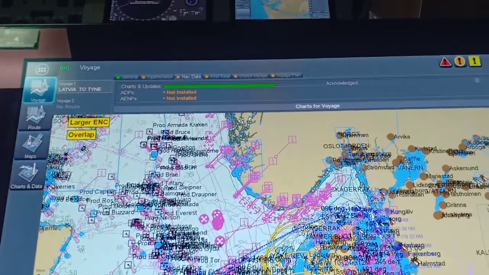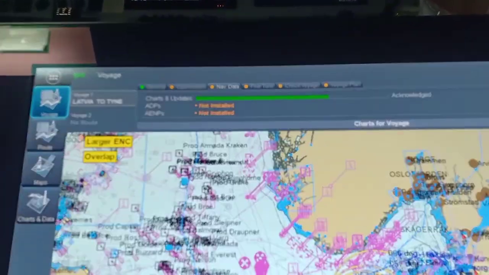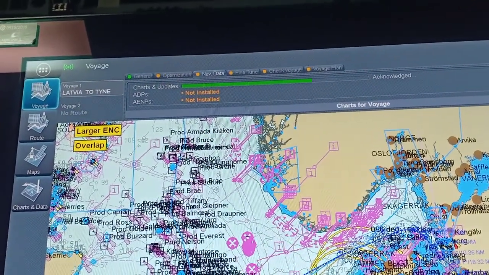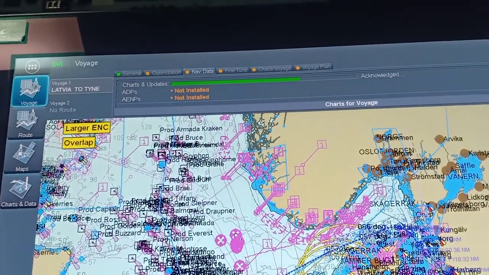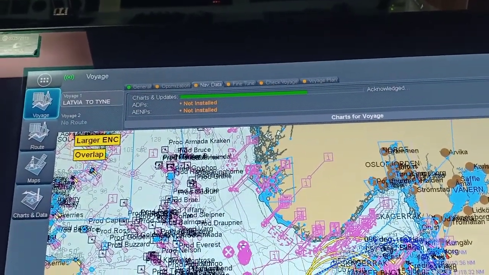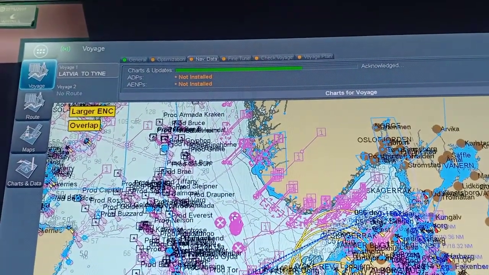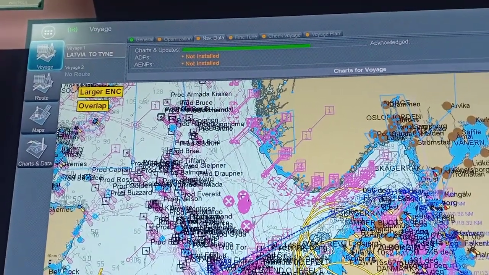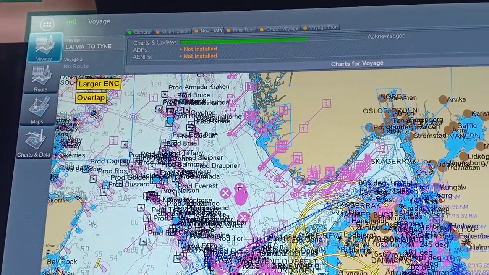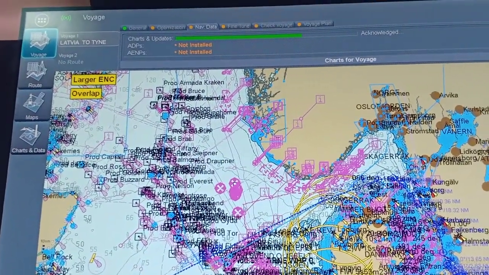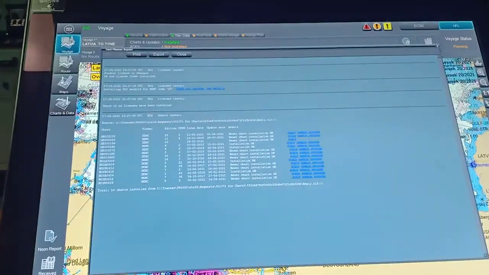Yeah, hello. Once the system has taken all the charts successfully, it will show like this, acknowledged. So this has to come like this. If it is not coming like this, then there will be a problem between ordering charts and receiving. So now we are in the progress of receiving charts. You can see it is acknowledged and it is coming. In the same way, you can upload your ADPs and ANPs also. I'll also tell you how to order ADPs and ANPs in my next video. In this video I'll only tell you how to order charts. So just hold on, it will take some more time.